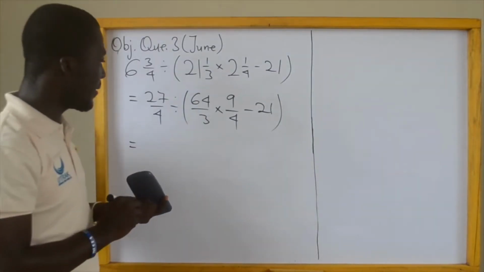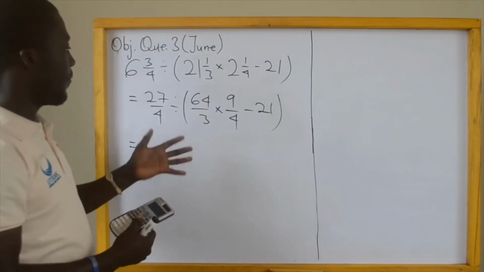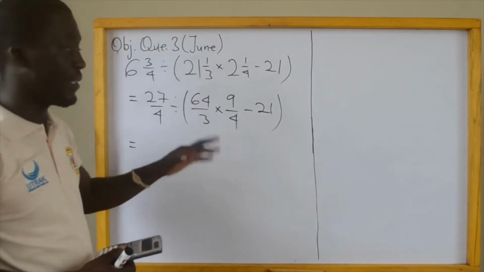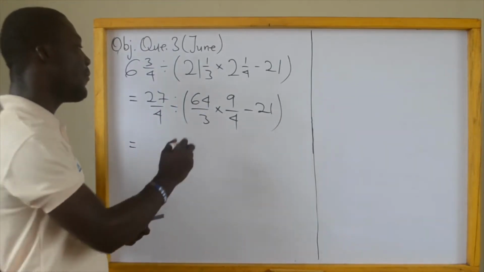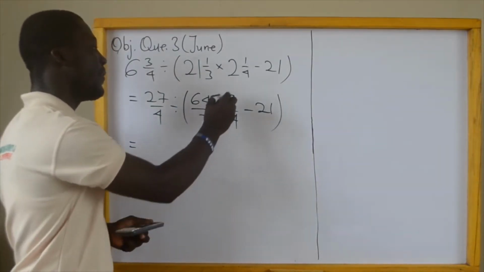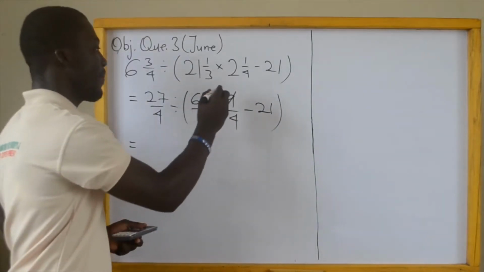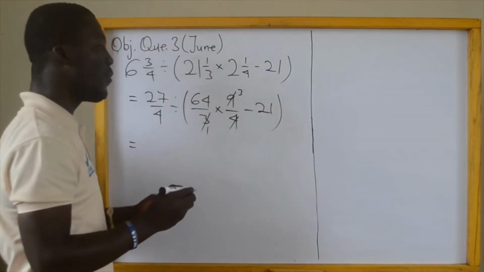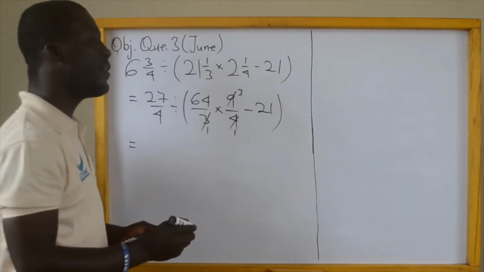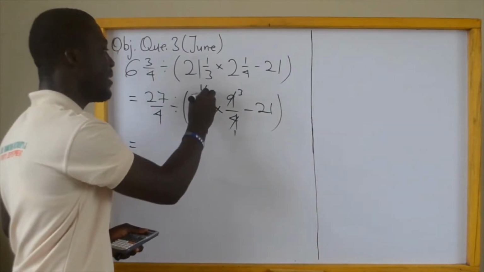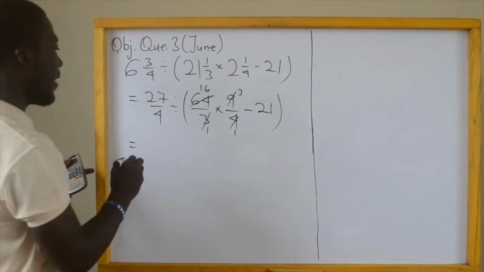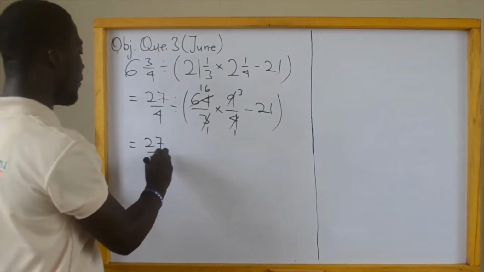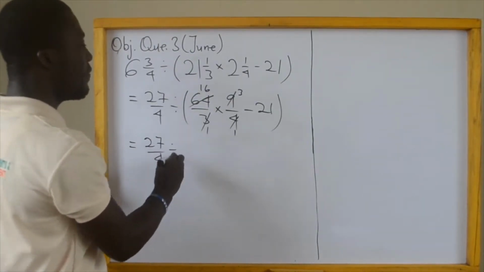In our next step, we want to do cancellation inside the bracket. So 3 goes into 9 three times, 3 divides 9. 4 goes into 8 twice, 4 divides 64, 16. At the end, we are going to get 27 over 4 divided by